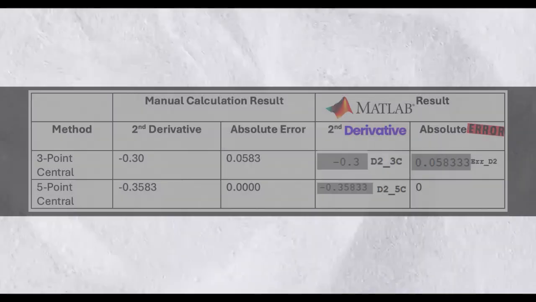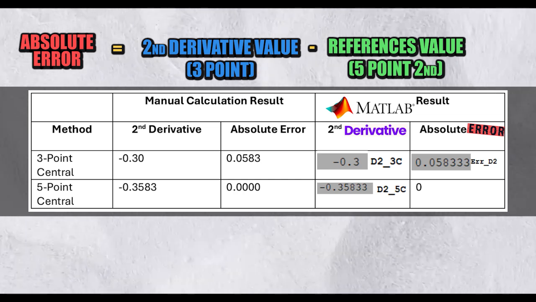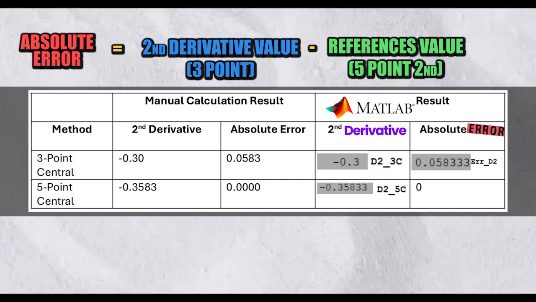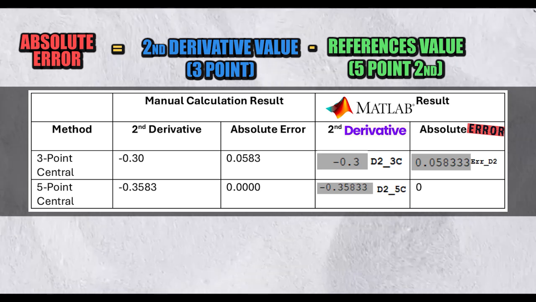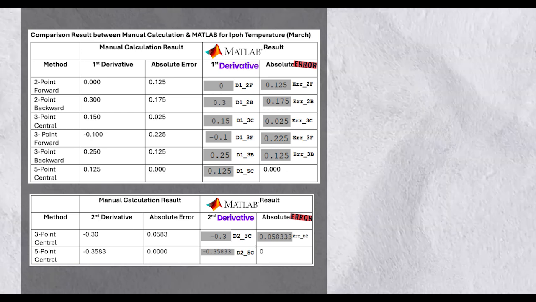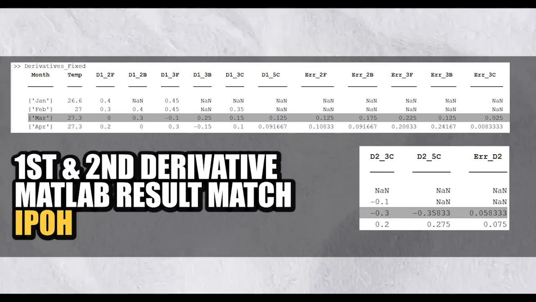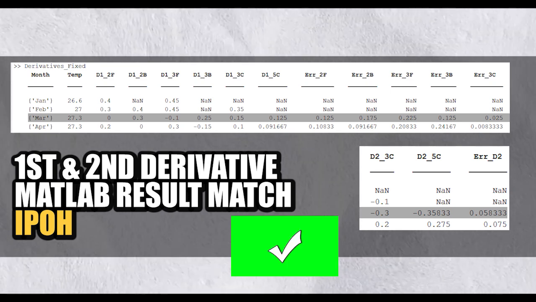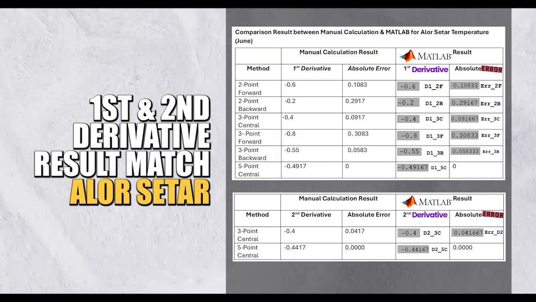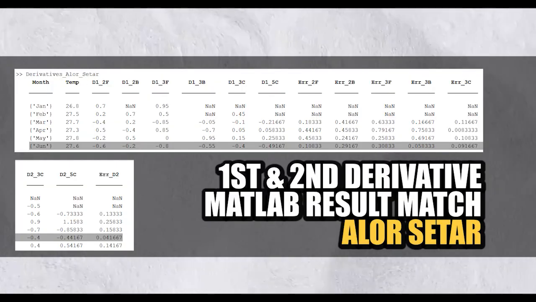While the 3-point central method shows slight deviation, the error remains within acceptable limits, further highlighting the advantage of higher order methods in producing more precise estimates. Overall, the close agreement between manual and MATLAB results strengthens confidence in the correctness of the implementation. MATLAB appears to be a reliable and accurate tool for performing numerical differentiation, making it well suited for real-world data